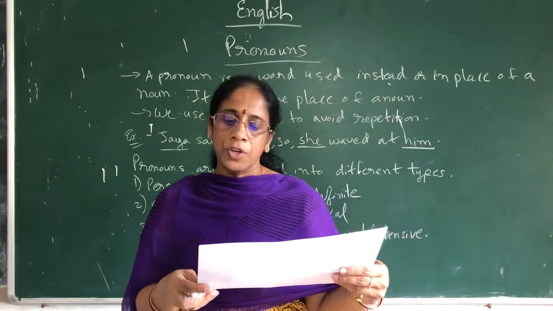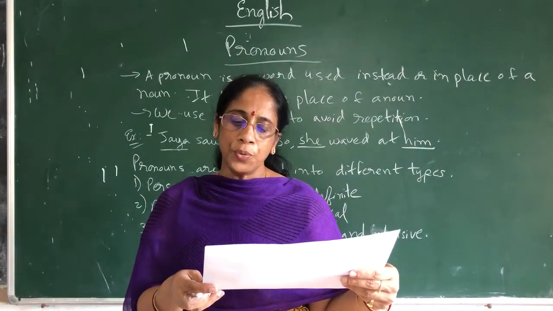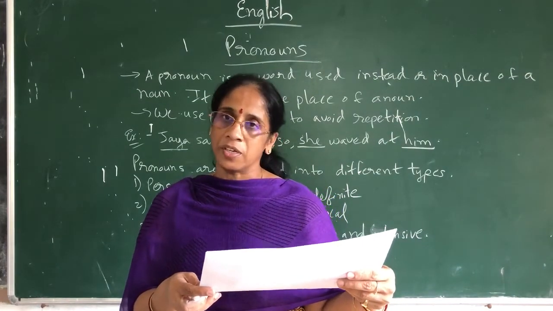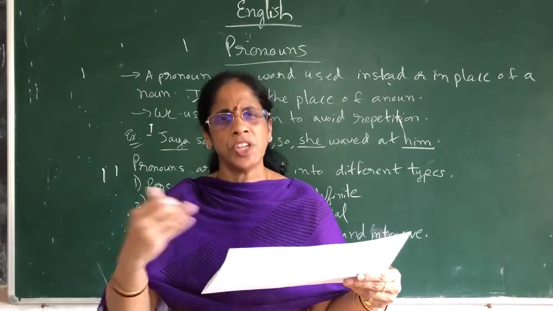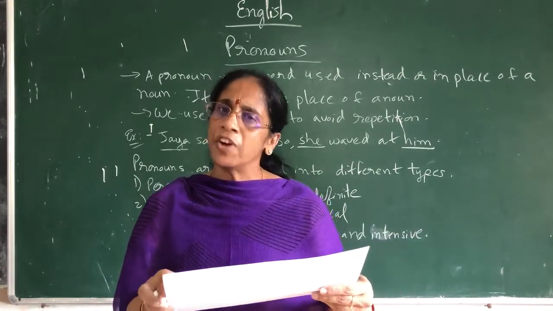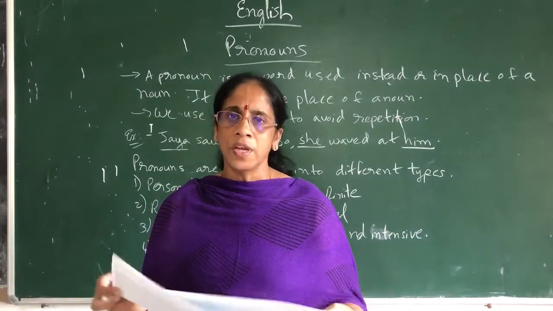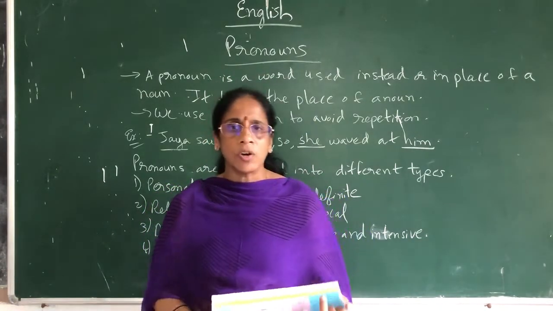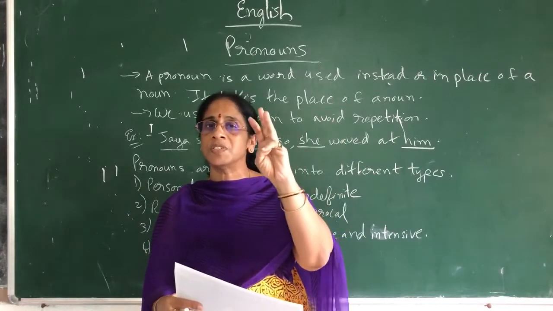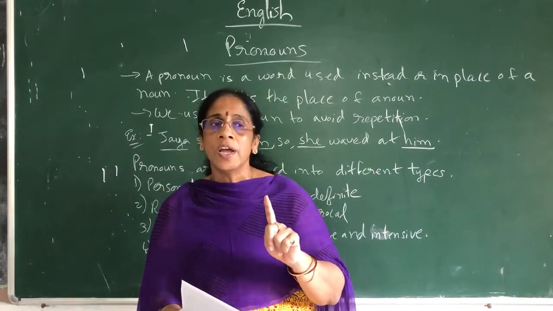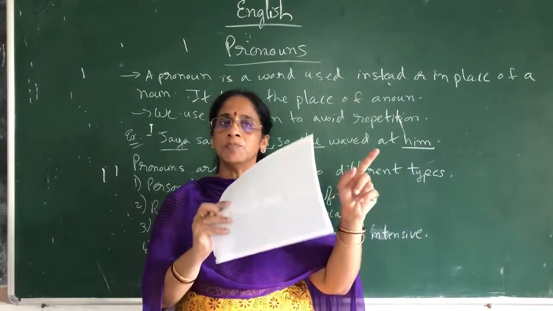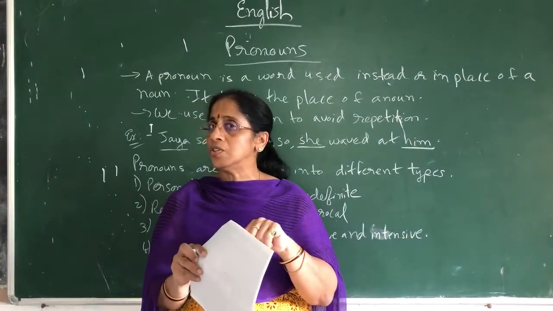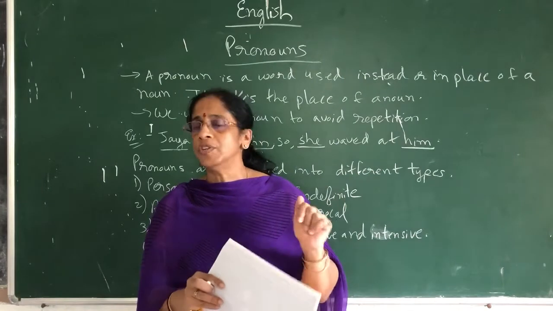Reciprocal pronoun. Used when two or more nouns are doing or being the same to one another. When two or more nouns are doing the same action or doing something for each other. Like each other, one another, these are the things. And coming to the pronouns, they are also used based on the first person, second person, third person. And when it comes to plural and singular also, we use it differently. And when it comes to person and thing also, they are used differently. So that we are going to see clearly now.